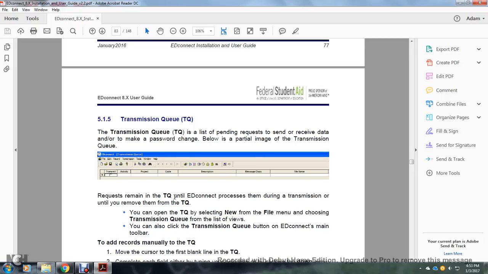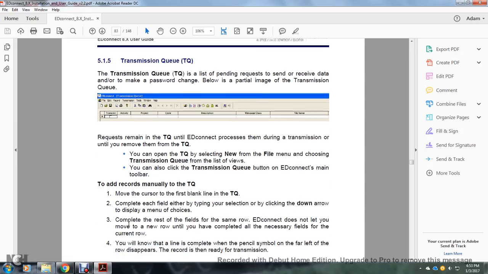Requests remain in the transmission queue until Education Connection processes them during transmission or until you remove them from the transmission queue. You can open the queue by selecting New in the File menu, choosing the transmission queue from the list of views. You can also click on the transmission queue on the Education Connection main toolbar